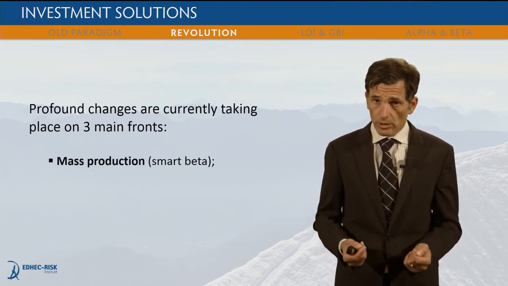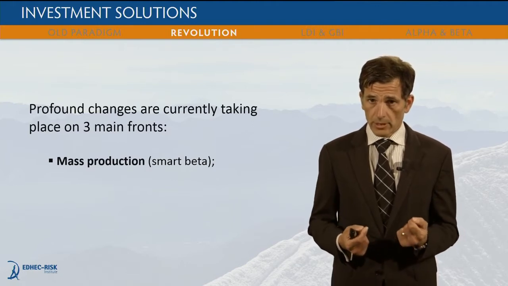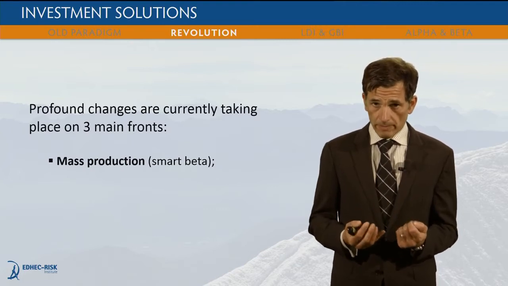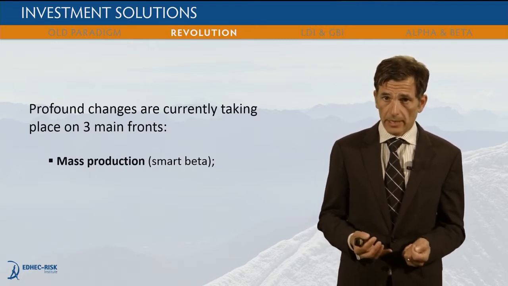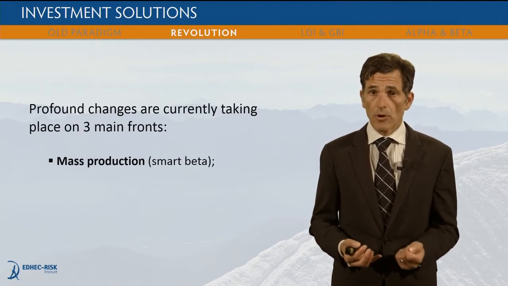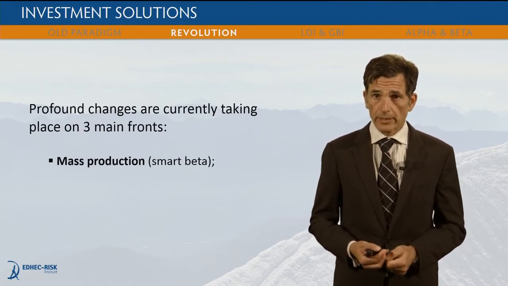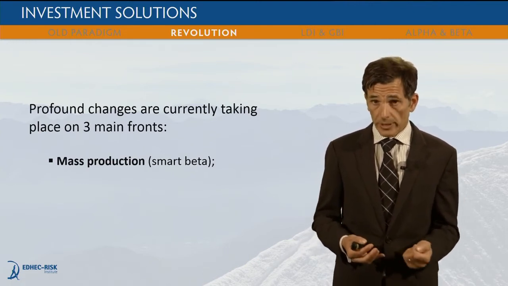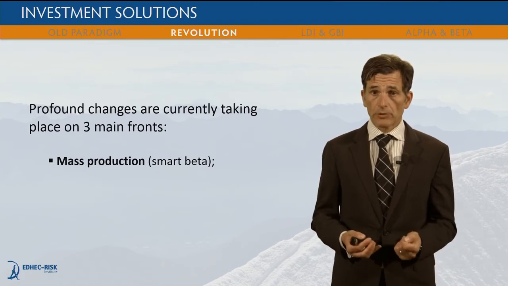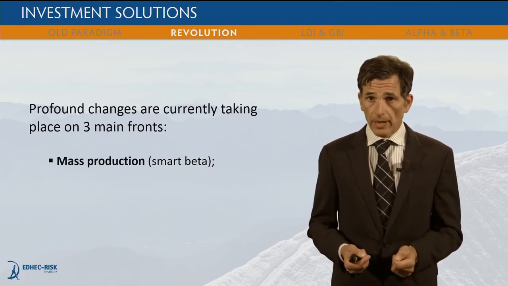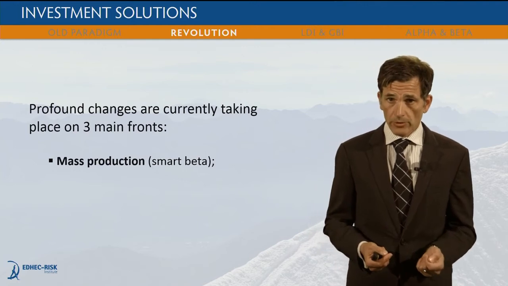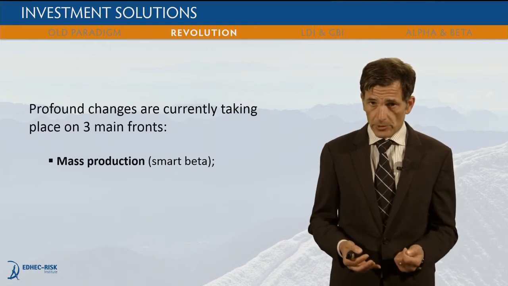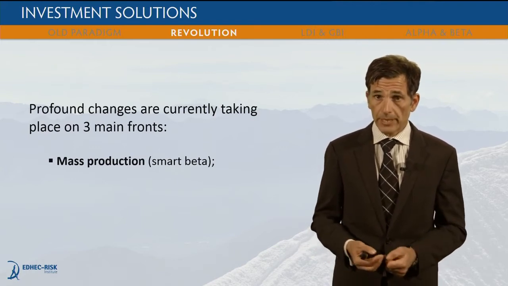As in all industrial revolutions, the ability to produce investment portfolios on a massive scale and in a cost-efficient way is a key component of the expected change in paradigm. The interesting feature that is taking place as we speak is that mass production is now applied to not only cost-efficient but also risk-efficient building blocks. These risk-efficient forms of portfolios are typically called smart beta portfolios.